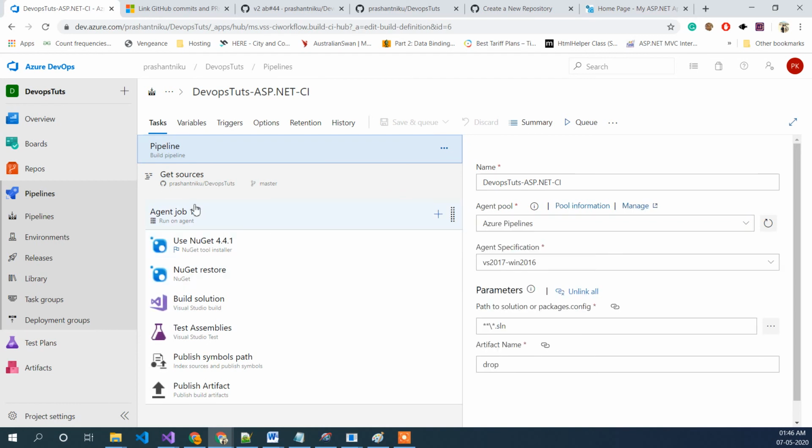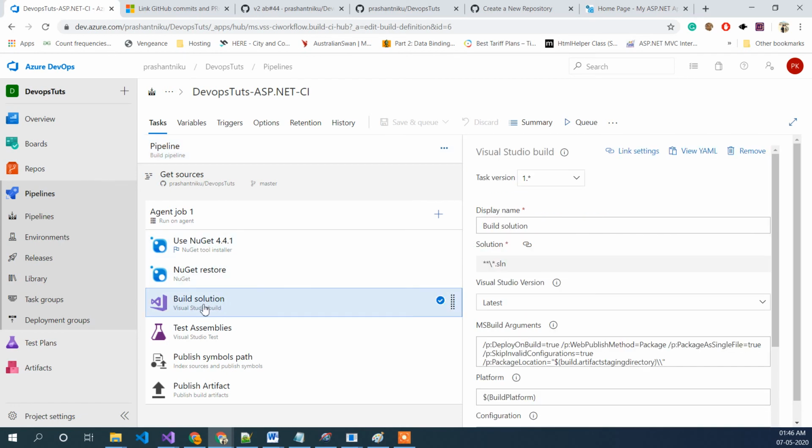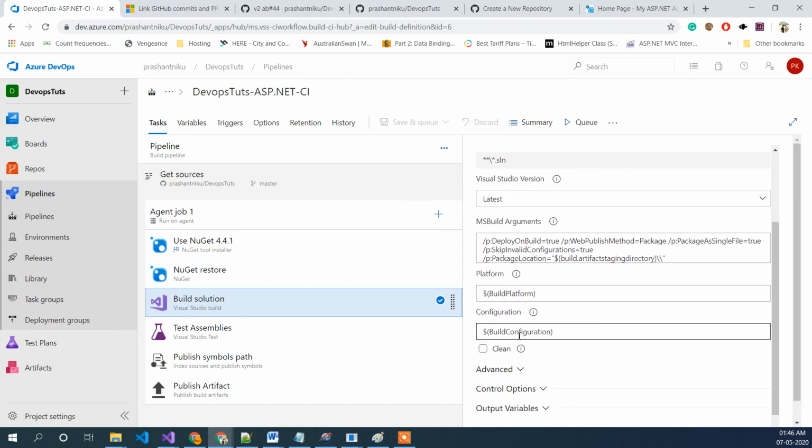Here you will see the things which we are talking about. I want to show you one thing. It should be in the built solution. Inside that you can see the build configuration. What kind of configuration is this build going to use?